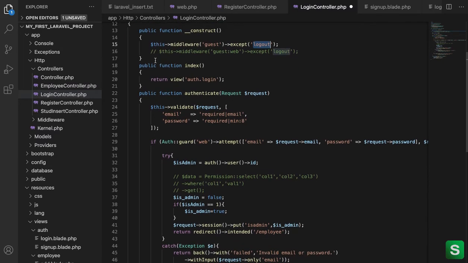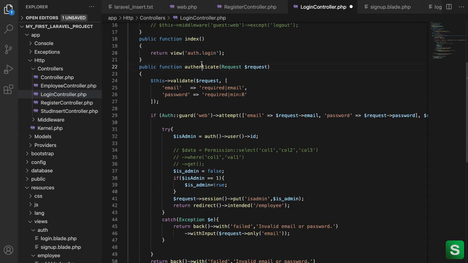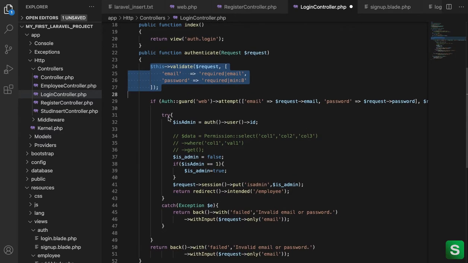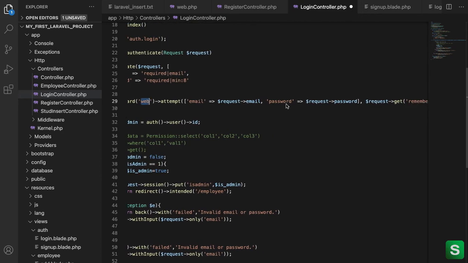In the index function I am just rendering a view, auth.login, and I created one authenticate method. Here we specify the rules and check with the auth guard inside web, so it will automatically check in the users table. So this email and password will be checked from the users table.